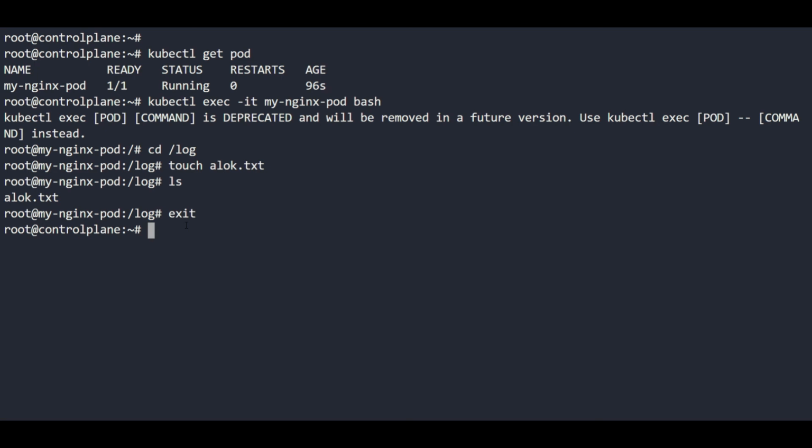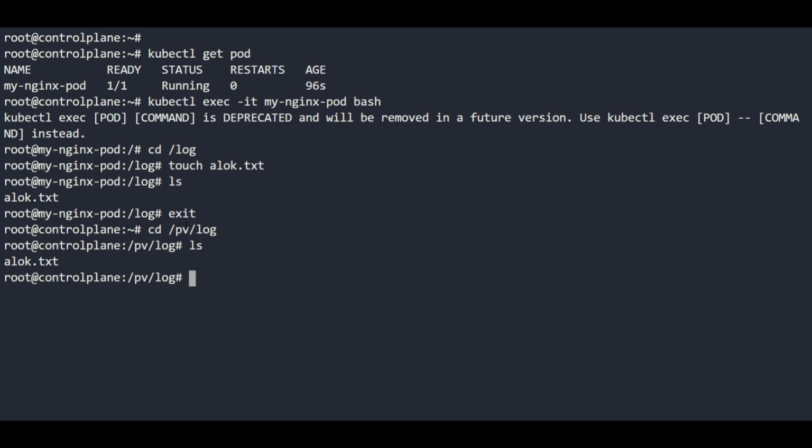So we exited, and now we are going to that particular path to check the linking, the mounting between the PV and the pod. So the path is /pv/log. Okay, ls. So you can find that there is a file in the container, and the same file we have in our local path as well. This file doesn't have any text.